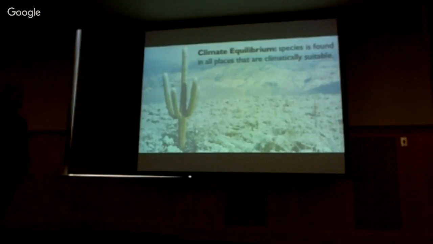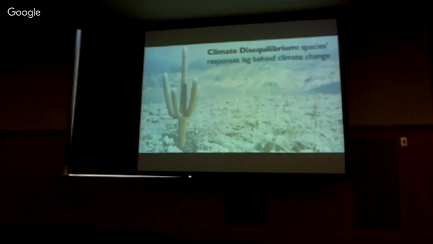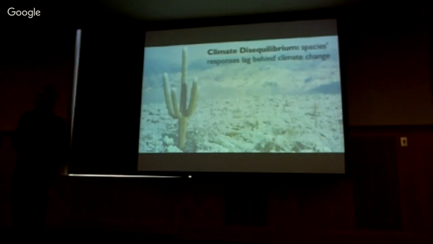So here you see the saguaro off in Alaska. It is not in climatic equilibrium. Climatic disequilibrium is when species lag behind climatic change, so the pace of climate change exceeds the rate at which the species can respond to the climate change. And this is critically important for our ability to forecast species ranges,